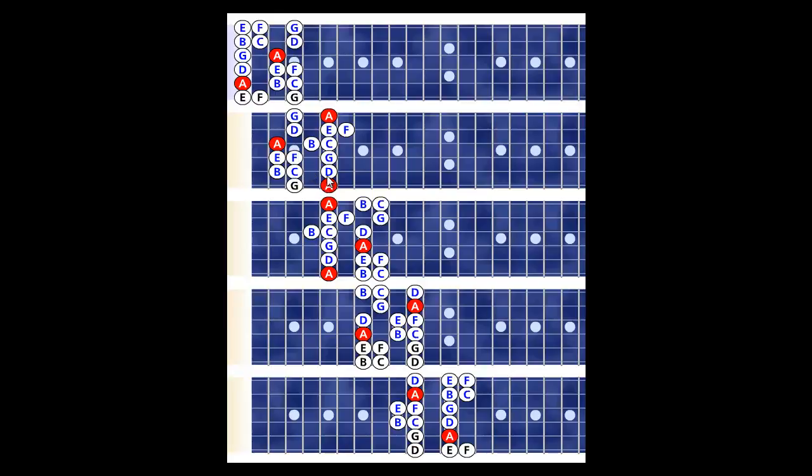From the root on the 3rd string, 2nd fret, walk up the step until you play the G on the 1st string, 3rd fret. Those notes in blue belong to the higher octave or the above octave. Okay. When you move to part number 2,